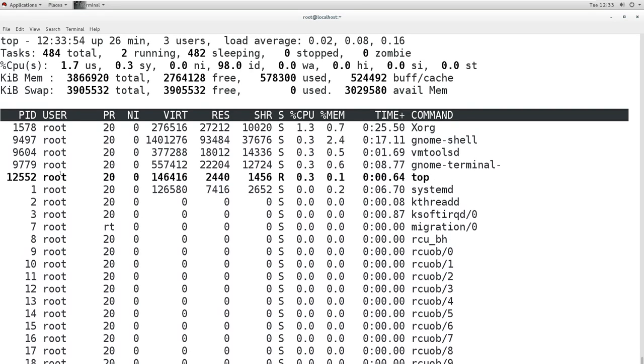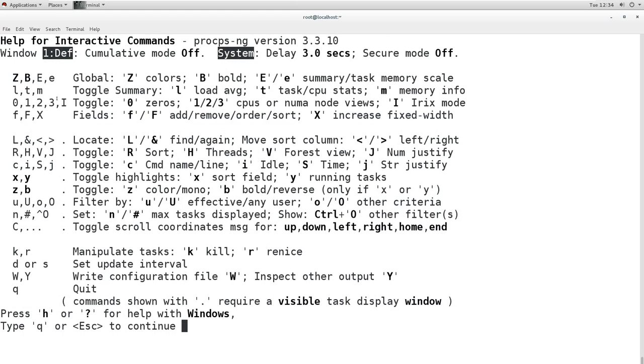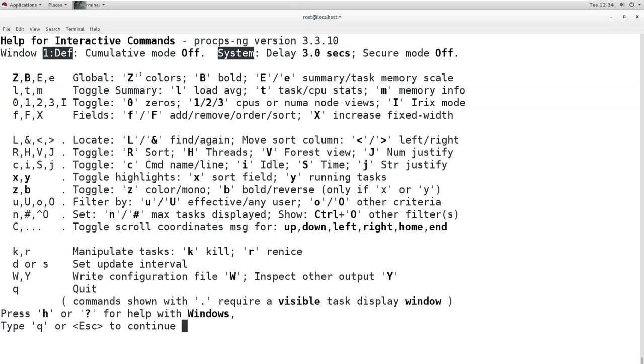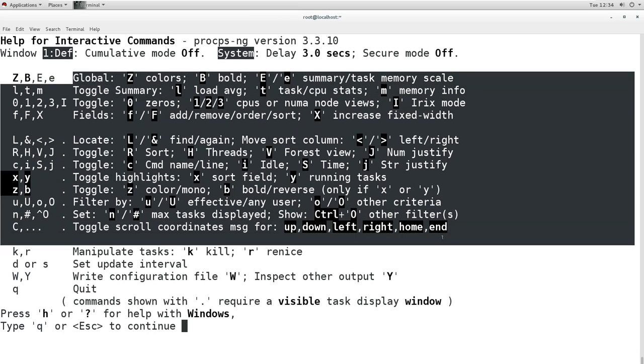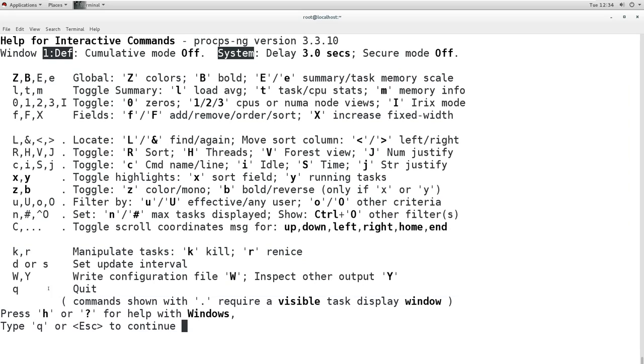Then if you want to see other commands, you can press H for help, and here you have the help. You have these other options, other commands which do other things, so you can try those one by one. Now if you want to quit from here, you press Q to exit, or you can press escape.